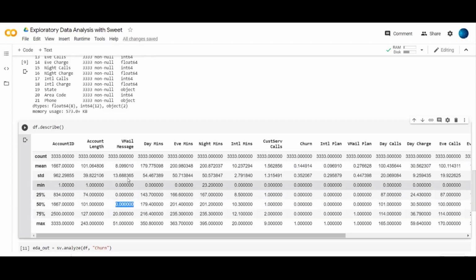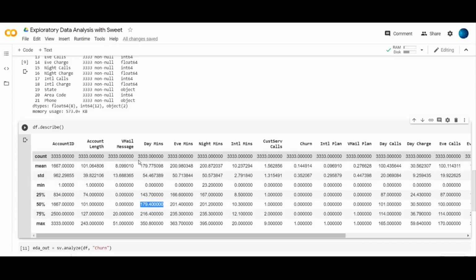Then the day minutes. On an average a customer is using about 179.77 minutes, which is about 3 hours in a day, and the maximum is about 350 minutes. The median is 179.4, so we can be sure that there is no outlier in this particular feature.